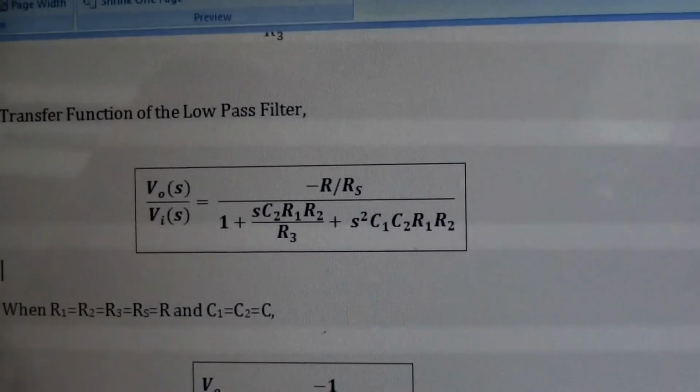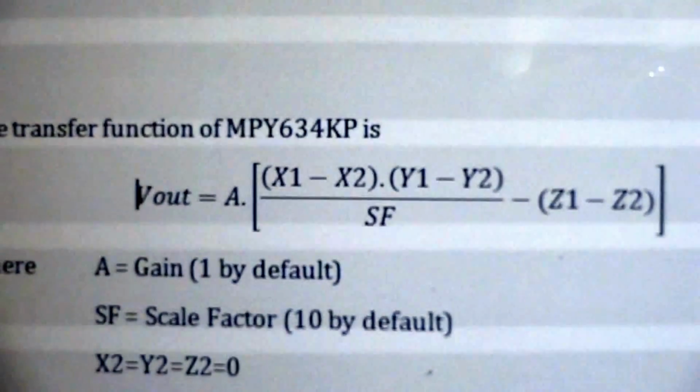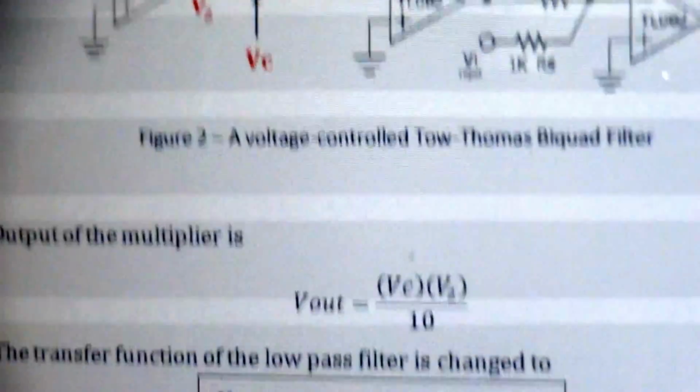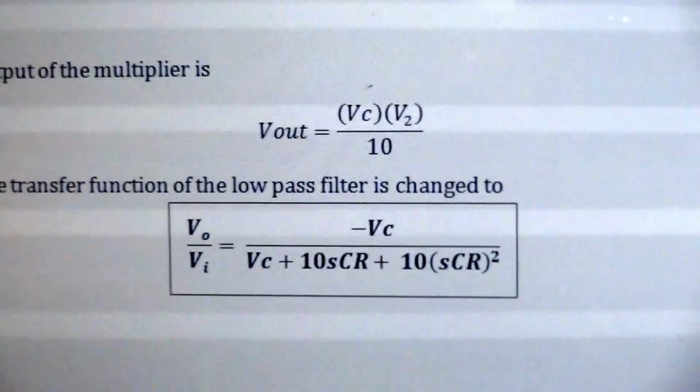Our next step is to introduce a multiplier into the circuit. This is the MPY634. The transfer function of this multiplier is like this. When we add this multiplier, the transfer function of the low-pass filter changes into this one. Now, when we simulate this using TINA software,